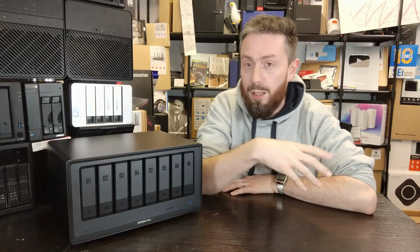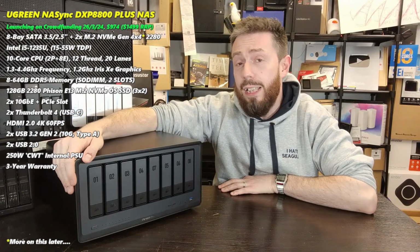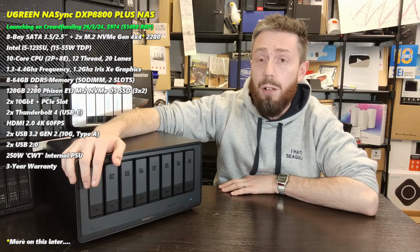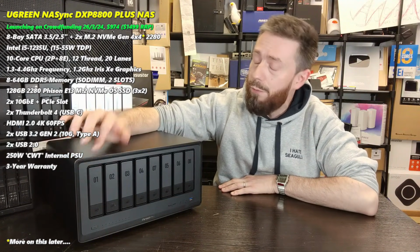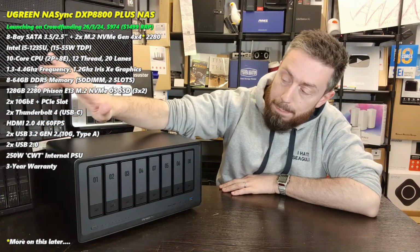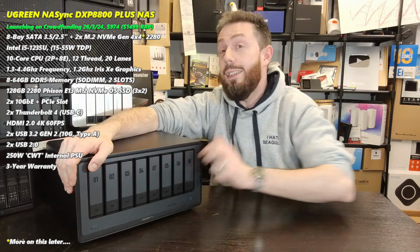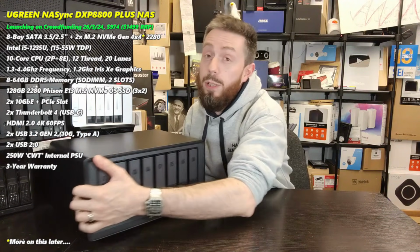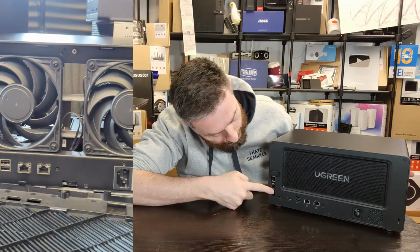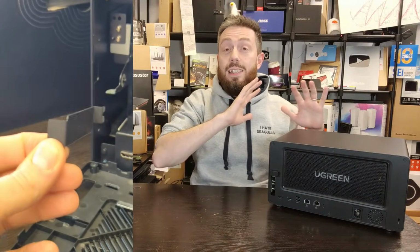crazy 40% off luck, this is an expensive system, rocking out with an i5 Intel 10 core processor inside, 12th generation, with integrated graphics and 8 gig of DDR5 memory that can be scaled up pretty substantially, I believe up to 64 gig. This is a scalable system that also arrives with 8 bays of SATA storage and a couple of M2 NVMe Gen 4 SSD slots. It's also one of the systems, and there aren't many of them, that arrives with a PCIe upgrade slot. I've gone ahead and installed a 2-port 10G card, more on that later on, but this is a tremendously scalable